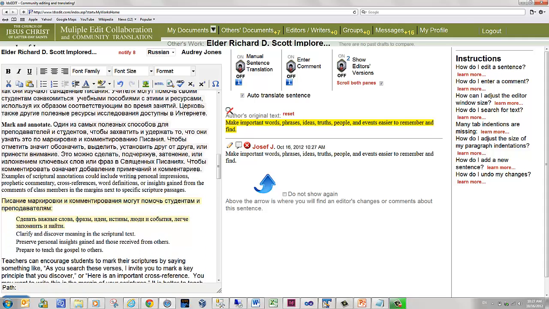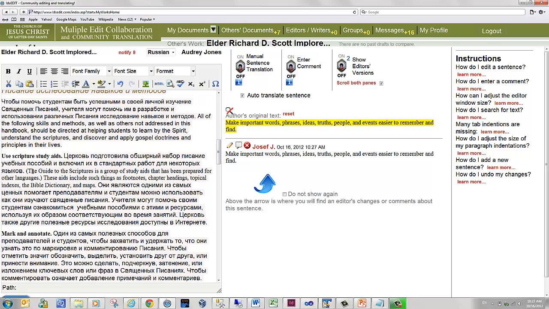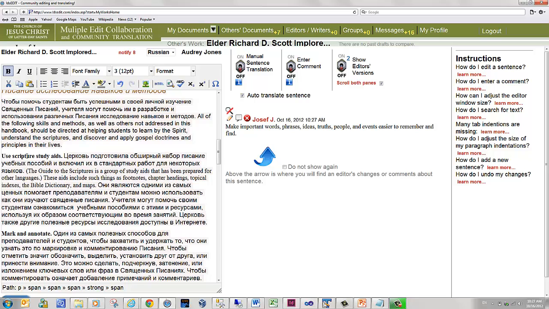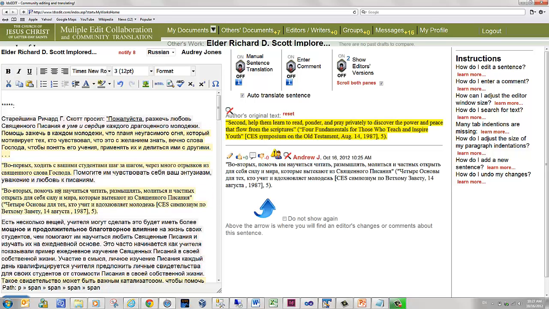Now, one other great aspect that has been implemented with PenSpring already is that it will automatically discover a quote. I can't remember where that one is, but we should be able to show you that here at the end of this demonstration, that when I click on a sentence that is recognized as a quotation from work that's already been translated in 100 languages or more, I'll be able to come over here to the right side, and instead of it just being someone's contribution, it will actually show that this was quoted from President